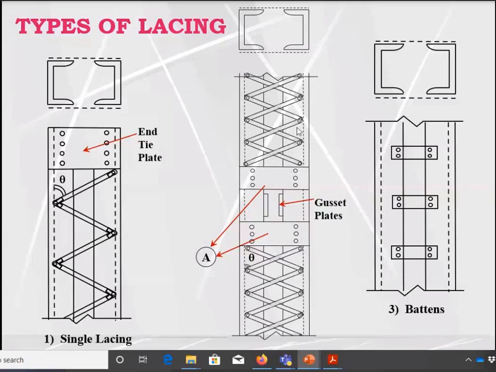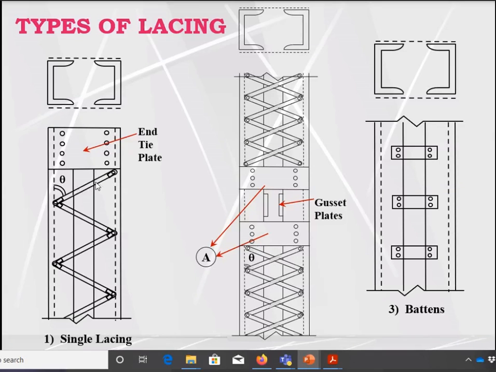If we are connecting both sections by any section or steel plates in a triangular pattern or in the inclined direction, this is referred to as lacing. When showing the cross section, we show this lacing as a dash line, because if I cut this section over here, the area of the lacing is only available over here. The lacing is not available throughout the cross section. For example, if I cut from here, I will not have any lacing at this part. So that's why in the gross area we ignore the contribution or the area of lacing.